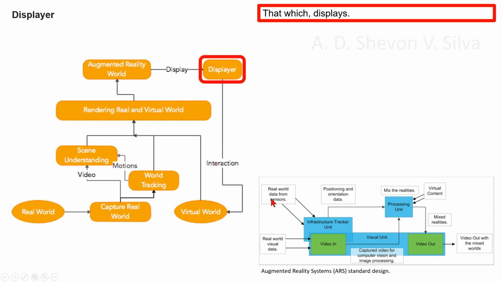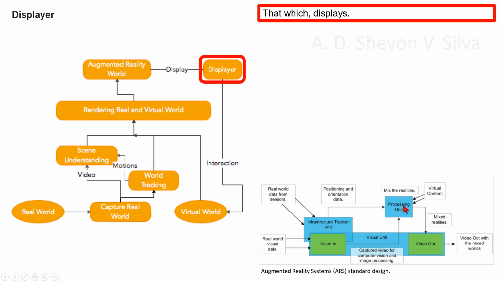Real world data from sensors are connected to infrastructure tracker unit, and infrastructure tracker unit is connected to processing unit. Positioning and orientation data are passed from infrastructure tracker unit to processing unit. Processing unit mixes the realities, and virtual contents are passed to